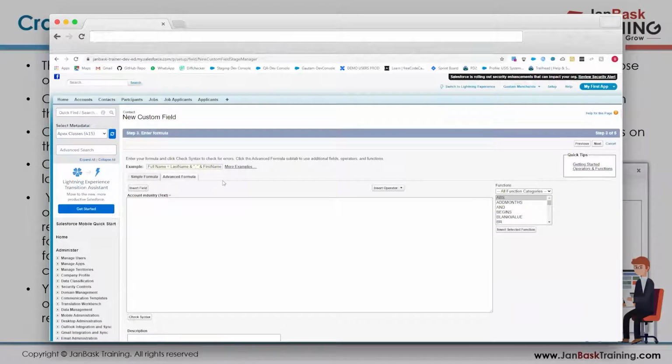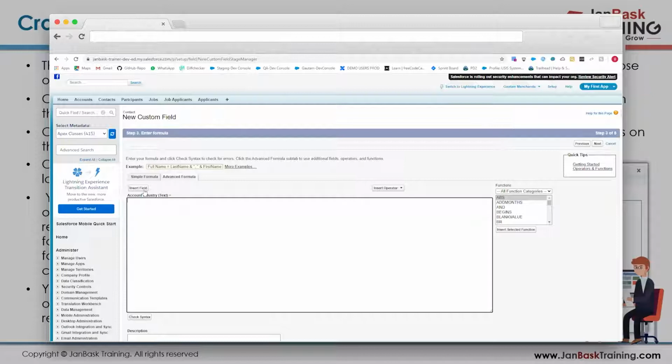It's always recommended to learn formula writing from the advanced formula box, because in validation rules you have the choice of simple formula or advanced formula. In the remaining places you will only have the advanced formula box. So it's much better if you get comfortable using advanced formula at an earlier stage. I come over here, there is a box in which I have to write my formula, and my formula says I am on a contact record. I am creating a field which will get the information from the related account.